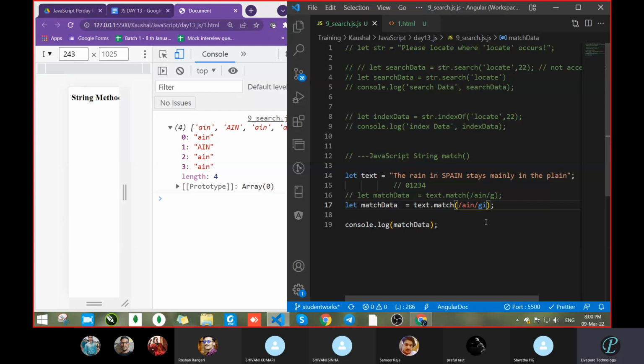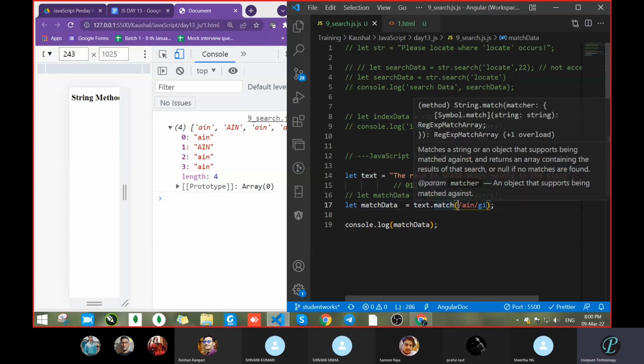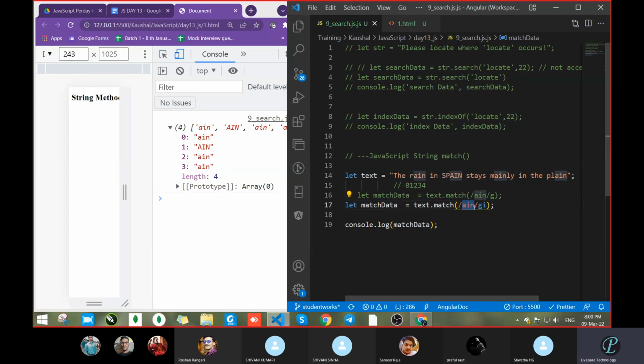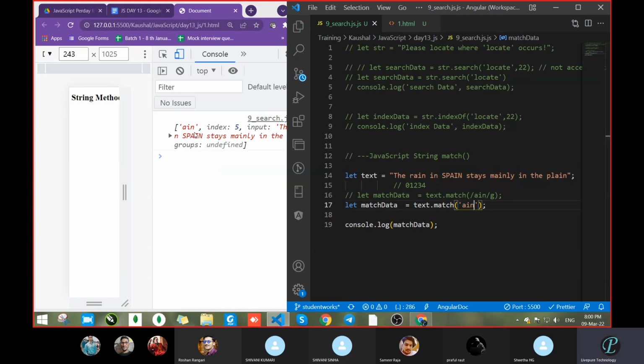See, Shivani, what is going on here actually? We are searching with match. Inside that we pass AIN. We want this letter. If we pass it directly, it just takes this. AIN. Let's see the answer. Only one time.